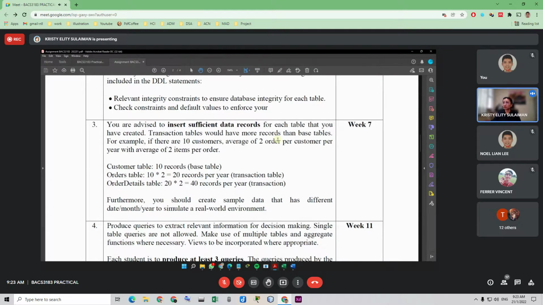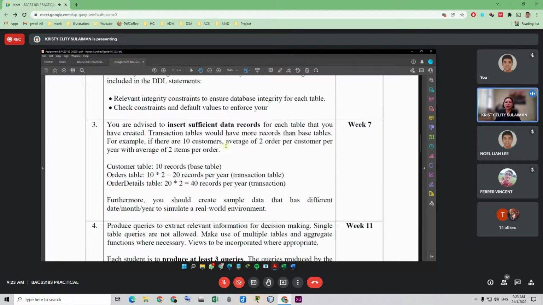Let's say for example, the base table is your customers. If there are 10 customers in your database, then this is the base table. So in the transaction table, you should have an average of two orders per customer per year with an average of 2 items per order.